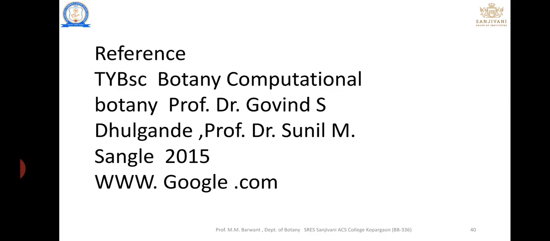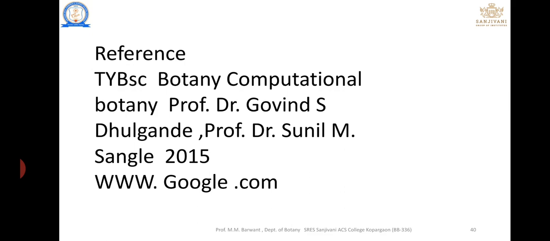There are three forms: tabular representation, graphical representation, and diagrammatic representation. Tabular representation is nothing but data expressed in tables. In that we saw the essential features and the advantages of tabular representation. Next is graphical representation, and its types: histogram, frequency polygon, and frequency curve. And next we saw that diagrammatic representation includes the line diagram, bar diagram, and pie diagram.